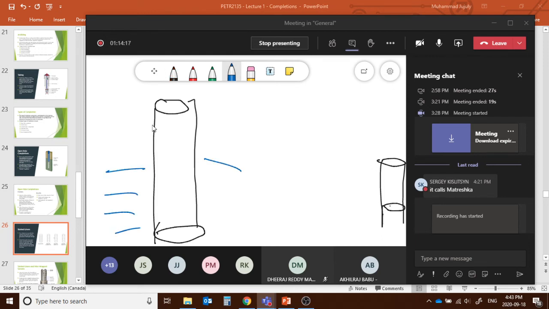For now, if it's just the hole you got in here, then what happens? It can only enter to this area. However, if you actually design this, for instance, you got holes, or a type of slits,